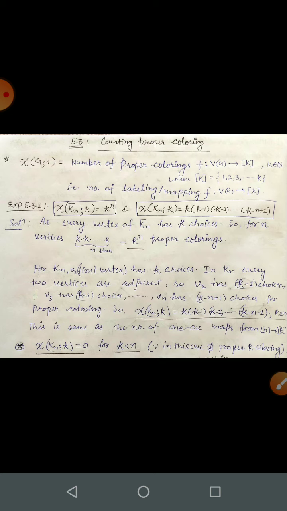So what was proper coloring? A coloring in which whenever two vertices are adjacent, you color them with different colors. Adjacent vertices get different colors, that is the proper coloring. And the minimum k for which a proper k-coloring exists is your chromatic number. So the minimum k such that G is k-colorable, that is the chromatic number, correct?